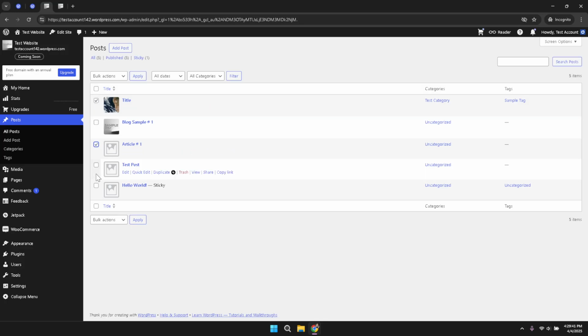After you have checked all the appropriate boxes, direct your attention to the Bulk Actions drop-down menu. This tool is designed to simplify the deletion process by allowing you to perform actions on multiple items at once. Click on the drop-down menu and you will see several options that dictate the action you can perform. Among these, choose the option that says Move to Trash. Once you select this option, the deletion process is initiated and your selected post will be transferred to the trash